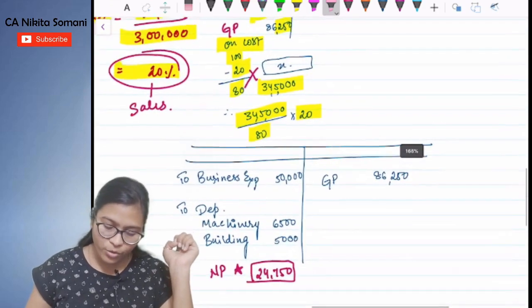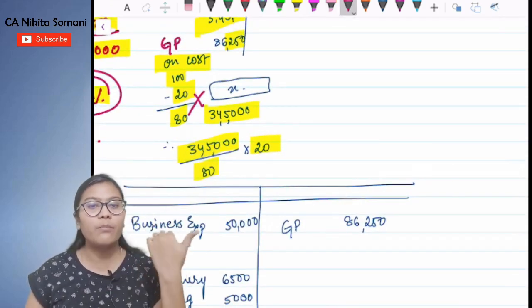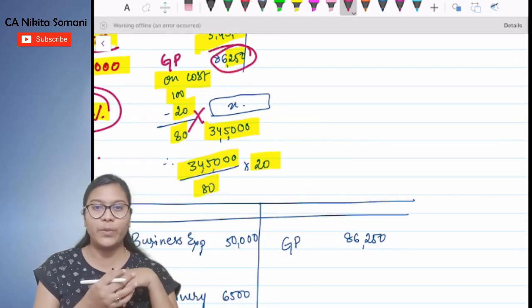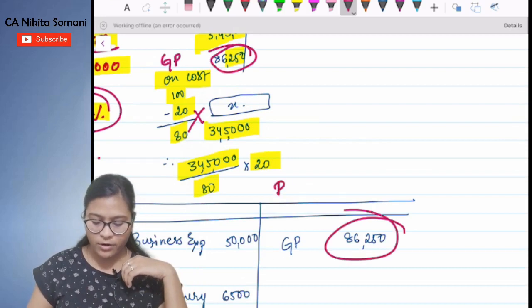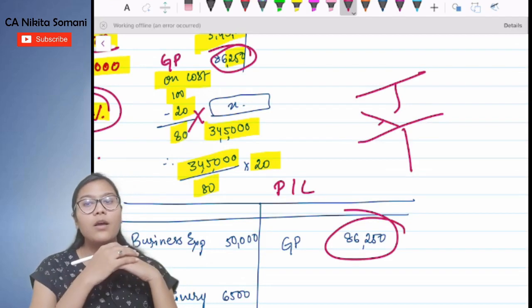Okay. Now what you have to do is find the net profit, क्योंकि वहां पे दो और चीज दी हुई है क्या? Business expenses and depreciation information. So what you do is this GP you bring it down to प्रॉफिट एंड लॉस अकाउंट. हम ऐसे ही करते ना, ट्रेडिंग अकाउंट एंड देन P&L अकाउंट में यू पुल डाउन द ग्रॉस प्रॉफिट.